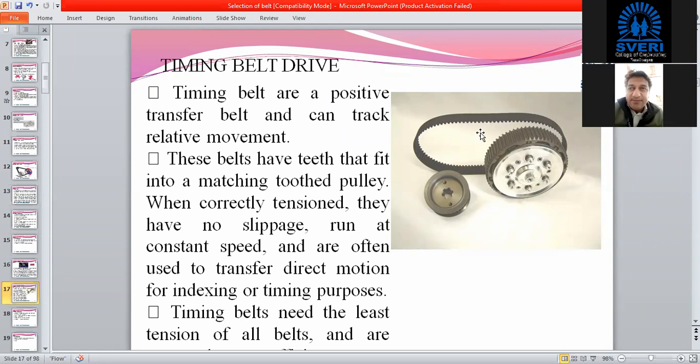We can get the advantages of gear drive and also the advantages of belt drive. So it can be flexible in nature, the center distance can be adjusted, and it is shock absorbing. Likewise, we get the advantages of a belt. And to reduce slip, we can take advantage of the teeth manufactured on the pulleys and the teeth manufactured on the belt. So these types of belts are known as timing belts, which are a very important part of every engine, and power can be transmitted with the help of these grooved belts. Got it? Any question related to this?